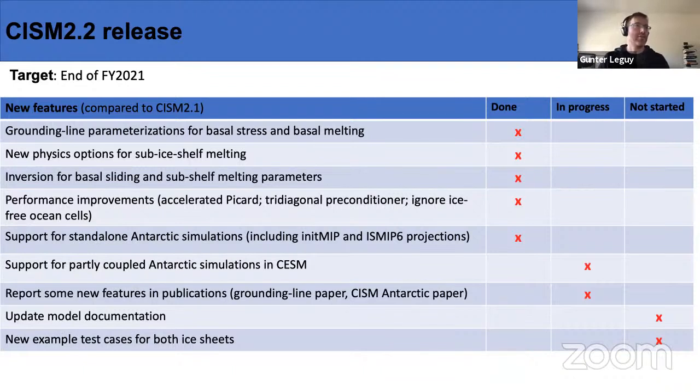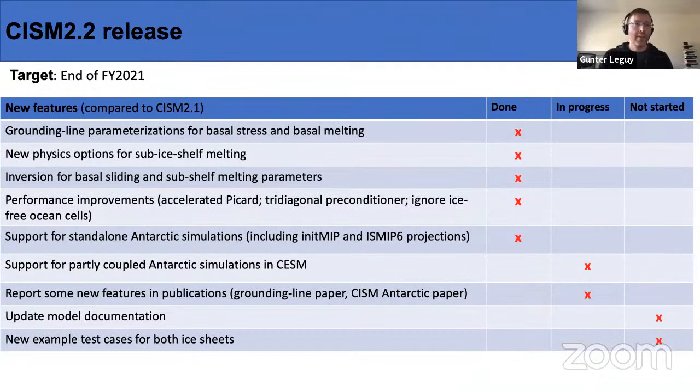So all of these features are done. And what's in progress right now is support for partly coupled Antarctic simulation in CESM that we hope to scientifically validate and move over to the done column. There are two articles that we have written for standalone ice sheet simulations. One is the CESM ISMIP6 paper that is almost ready to be published. It's almost in the press. And the one about the standalone grounding line parameterization that I presented about yesterday is under review in